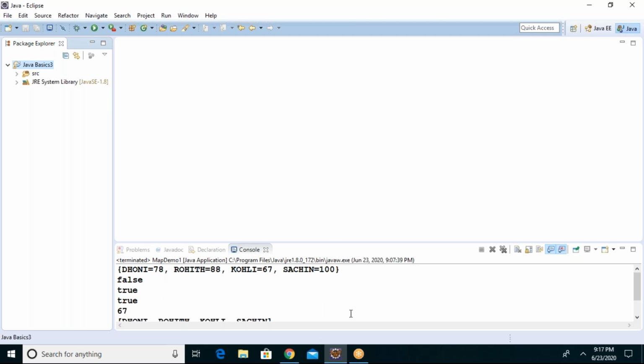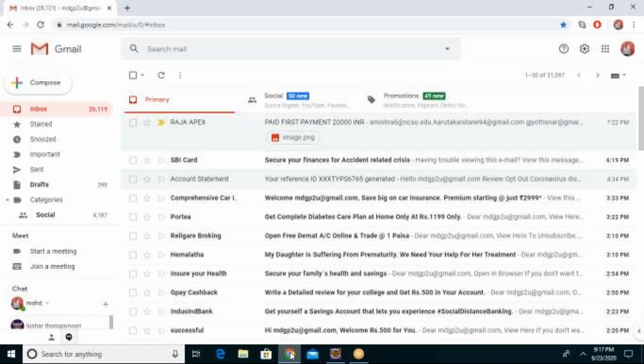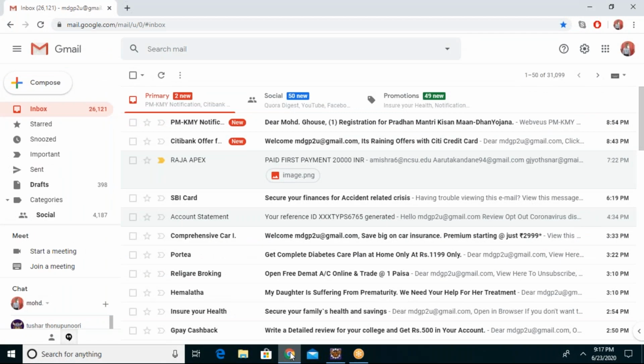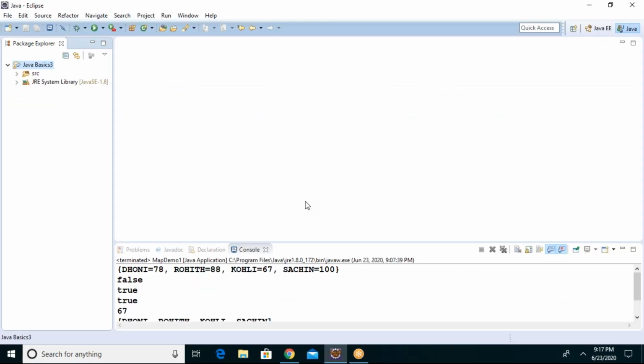Yes, somebody was asking some question. Yeah, sir. I heard one question that is very famous: why are we overriding the equals method along with hashCode, or something like this, in the collection framework? Why is it compulsory to override the equals method? Why do we need equals method overriding?